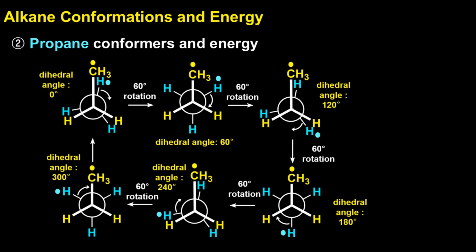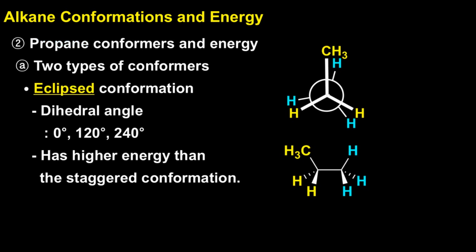But here's the key difference. One of the hydrogen atoms on the front carbon is replaced by a methyl group. That's a CH3. And that one change introduces a new factor that affects the energy difference between conformations. In propane's eclipsed conformation, the energy is a little higher than in ethane, and that's because of the methyl group,